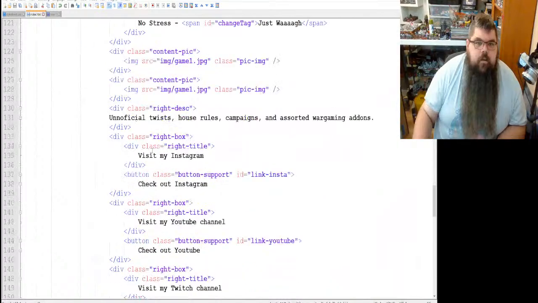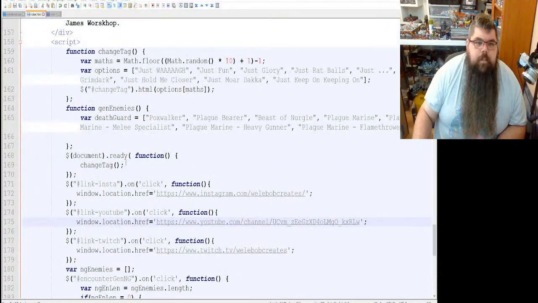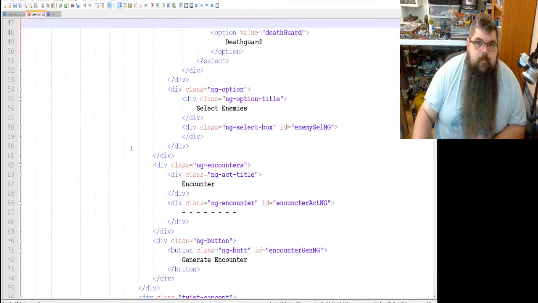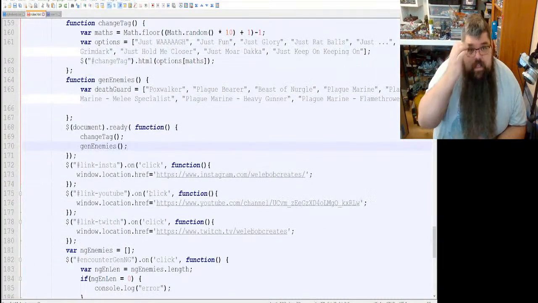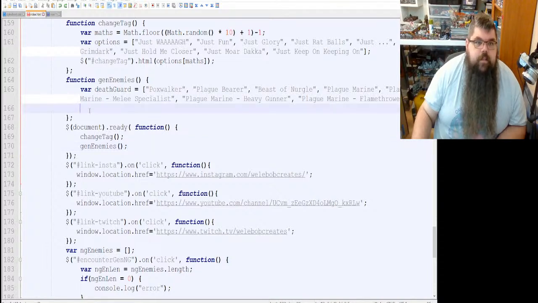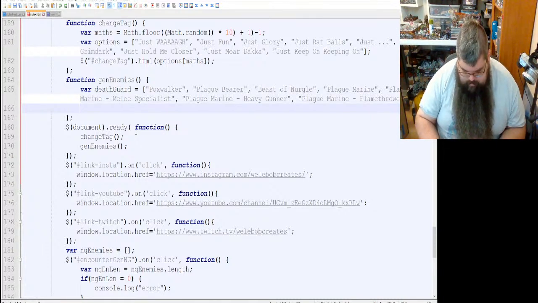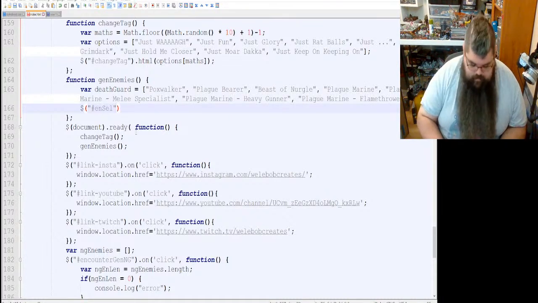Okay, so where are we? Console log, we want to put, alright, come on. Let's walk back here. Alright, gen enemies. And this guy right here. What is this?